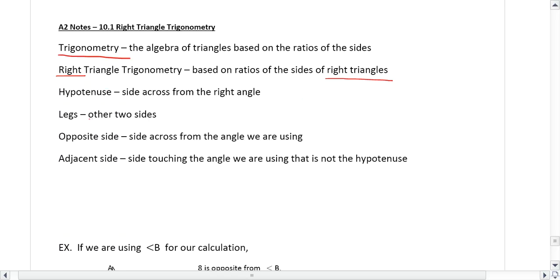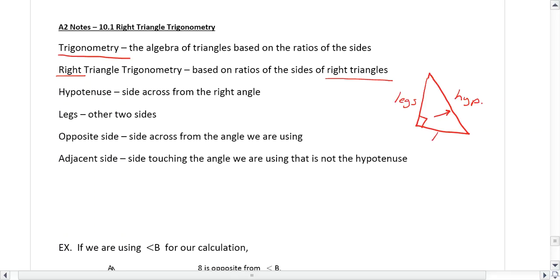So within a right triangle, we need to identify the parts. If this angle is the right angle, which is always marked for us, the hypotenuse is the side that is across from the right angle. Always need to identify that. The legs are the other two sides. Now these legs